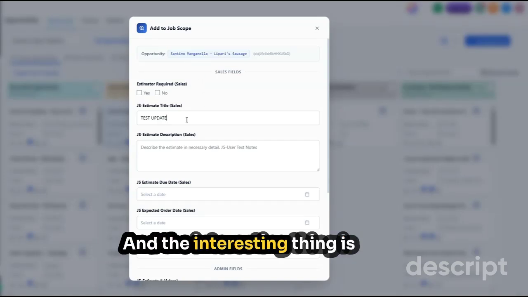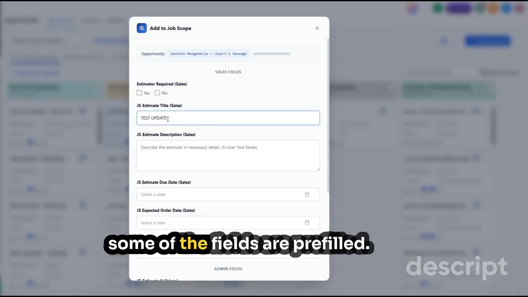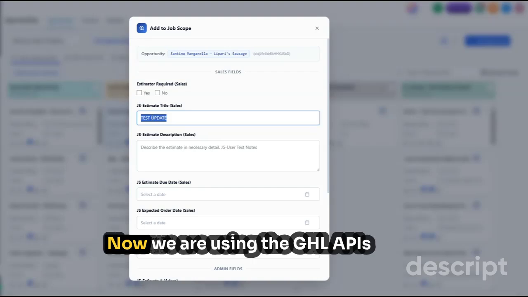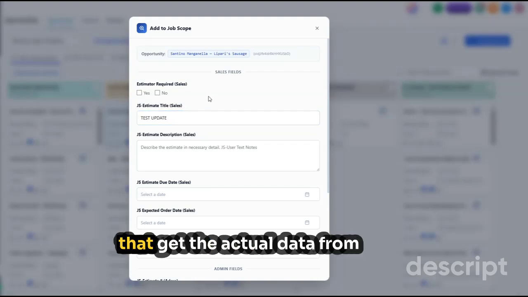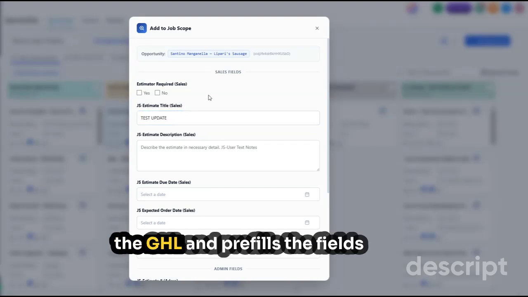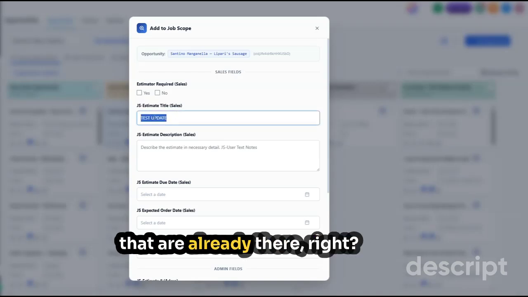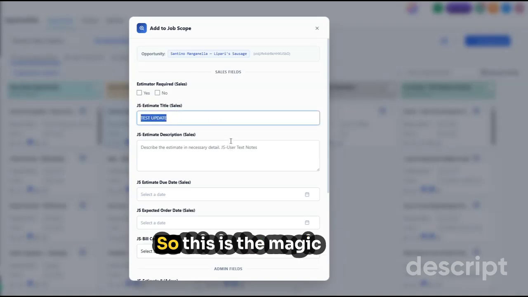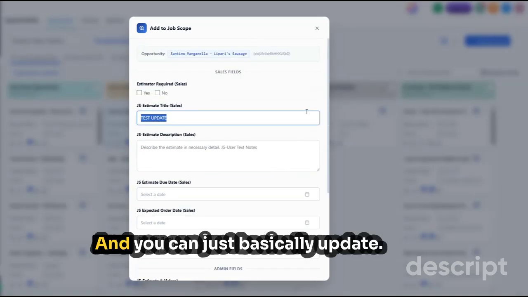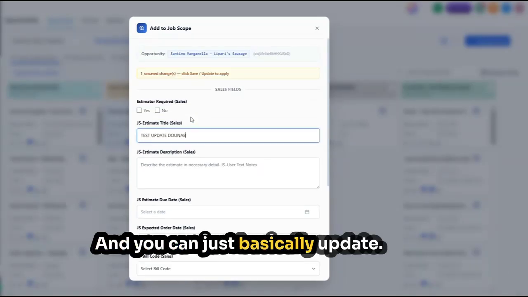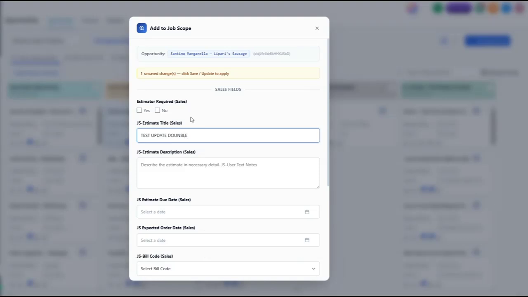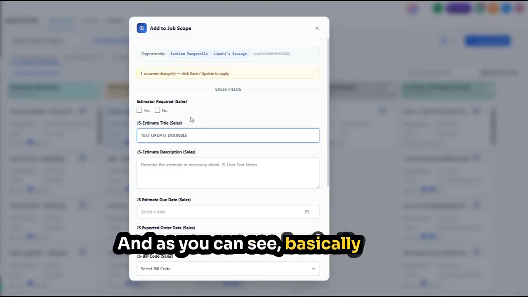And the interesting thing is some of the fields are pre-filled. Now we are using the GHL APIs that get the actual data from the GHL and pre-fill the fields that are already there, right? So this is the magic of GHL APIs, right? And you can just basically update, and as you can see basically